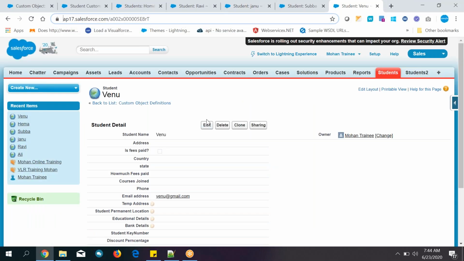When you enter the data and click on the save button and you don't have any errors, then Salesforce by default creates one ID, one ID for each record. It is unique in this entire organization. Okay, clear? Going forward, we are going to use this. So this is called ID.